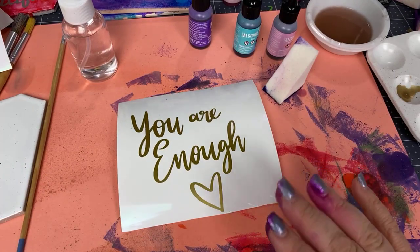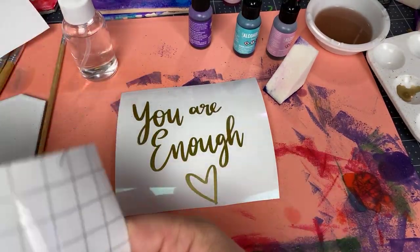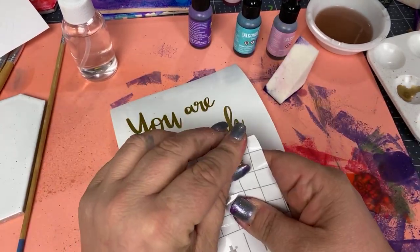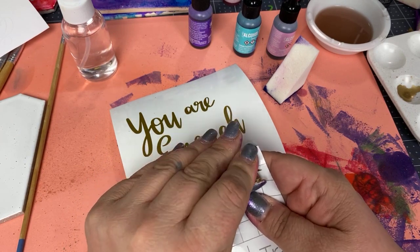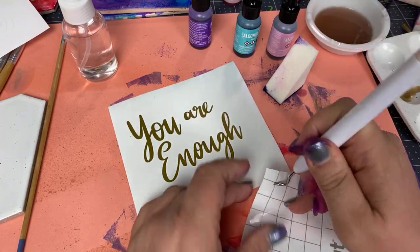that smart vinyl. We need a little bit of transfer tape. This one is not quite big enough. So here, this will work. Yeah. So we're going to peel this off. My hands are not wet, by the way, so definitely when you're working on these things, you maybe...